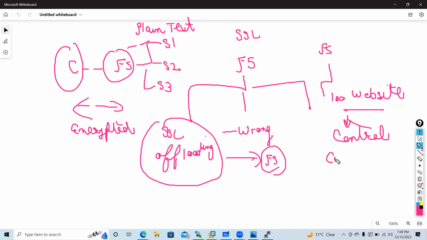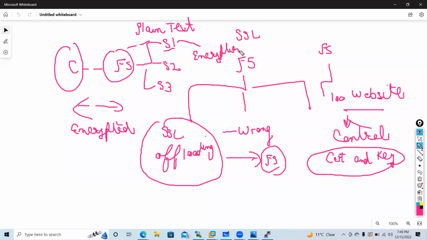I need a certificate and key to encrypt and decrypt, to make sure my websites are secure. For every website I will have a certificate and key. This server cannot handle bulk encryption and decryption because the server is already full. There is no possibility that your server has a dedicated engine.